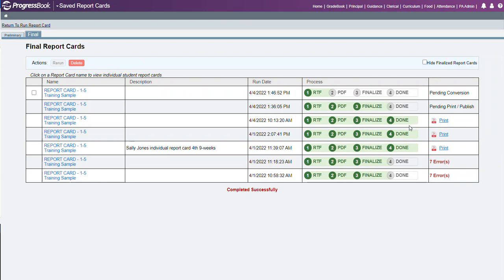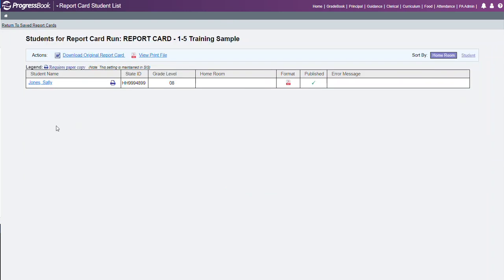Okay, on the screen, it gives the ability that if you have students that need to have a printed copy, this print option will only run for students who indicate they require a printed copy. If I wanted to print my entire report card like I did under the preliminary tab, you simply click on the report card itself, and then you can download the original print file. And then here's also the PDF, which would be for all the students that needed a printed